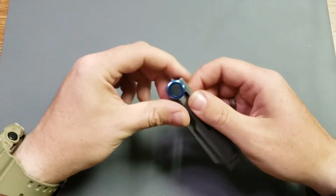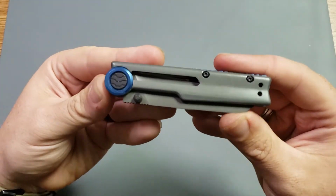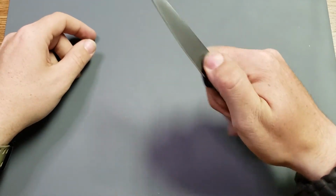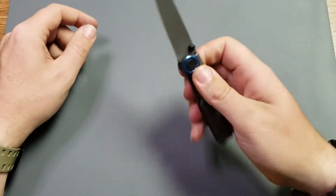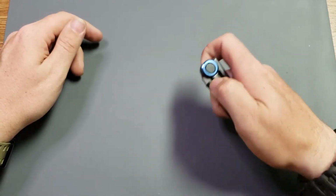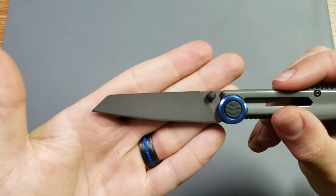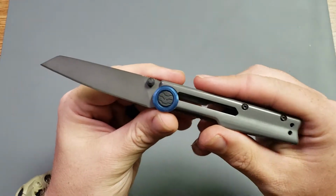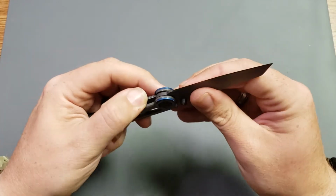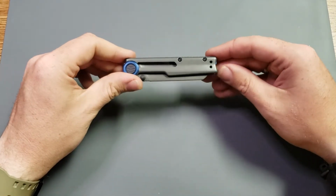Now, granted, under that price point, there's plenty of other options out there. So shop around, of course, but I can tell you for sure that this is a good option for you. Other than the pocket clip, it feels good in the hand. It's got a smooth, easy deployment, whether you want to open it gently, or whether you want to flick it open, okay? It's an absolutely wonderful blade shape. It looks good. For the price point, the 8Cr13MoV steel is fine. Yes, I've got my complaints about it, but for what it's worth, for what you pay for it,